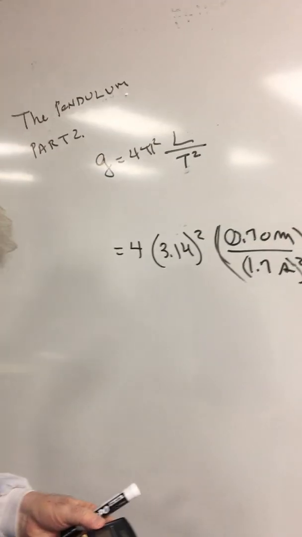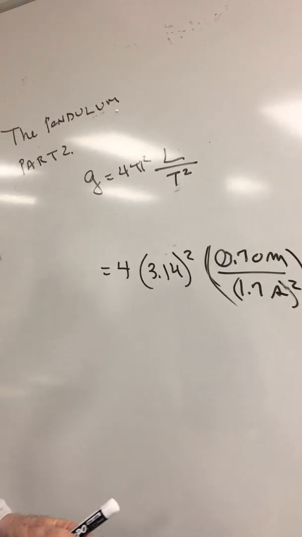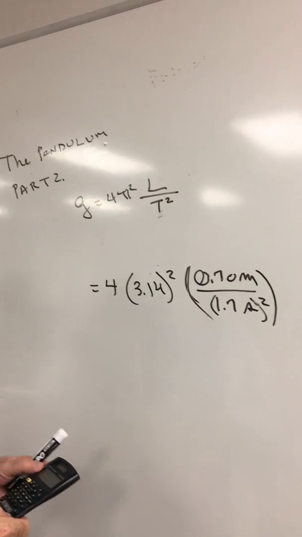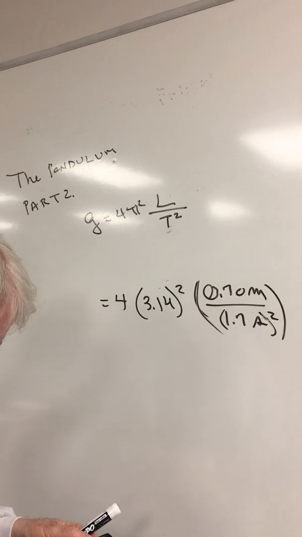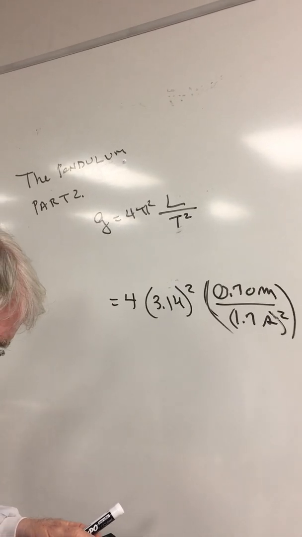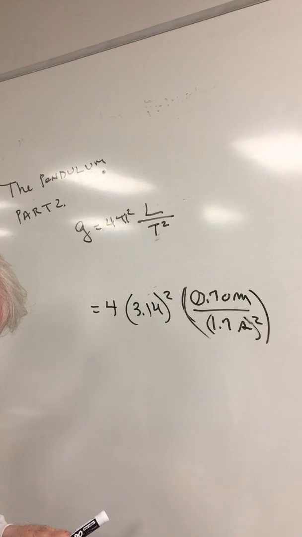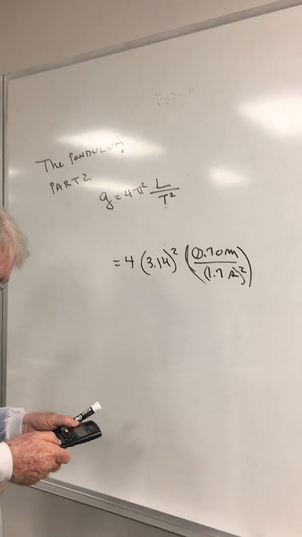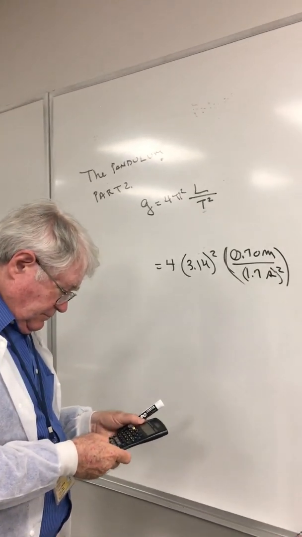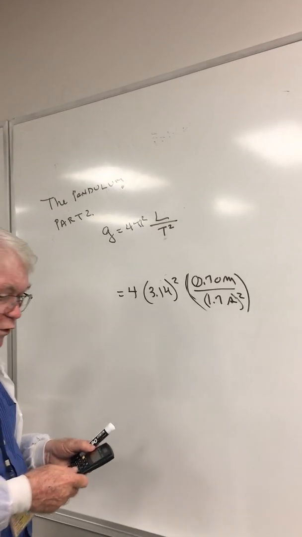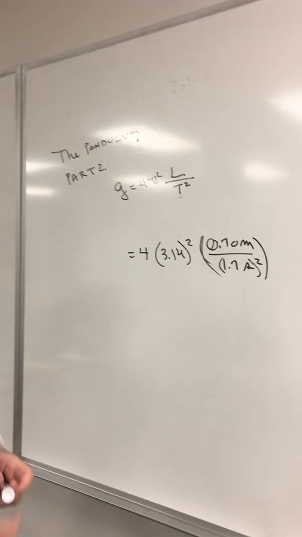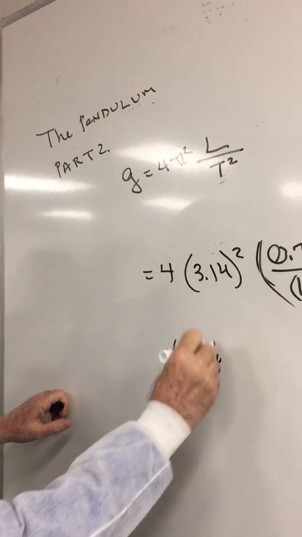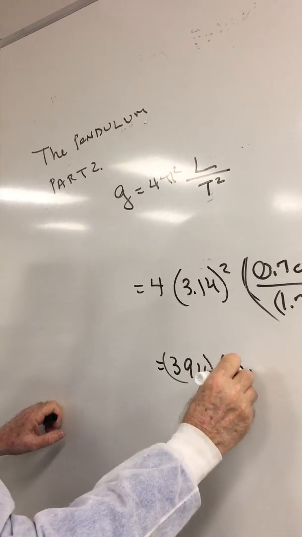Okay, so we have 3.14 squared. All right, 9.85 times 4. So that's about 39.4. So this is 39.4 times 0.7